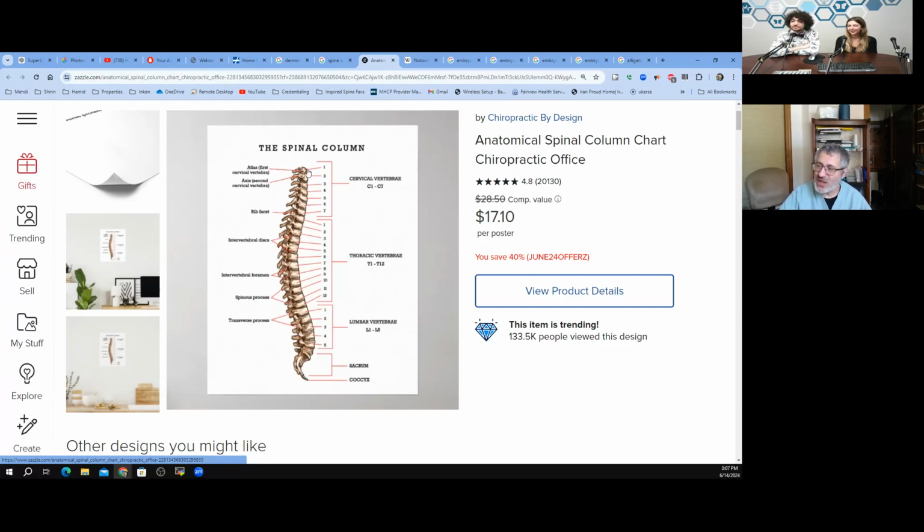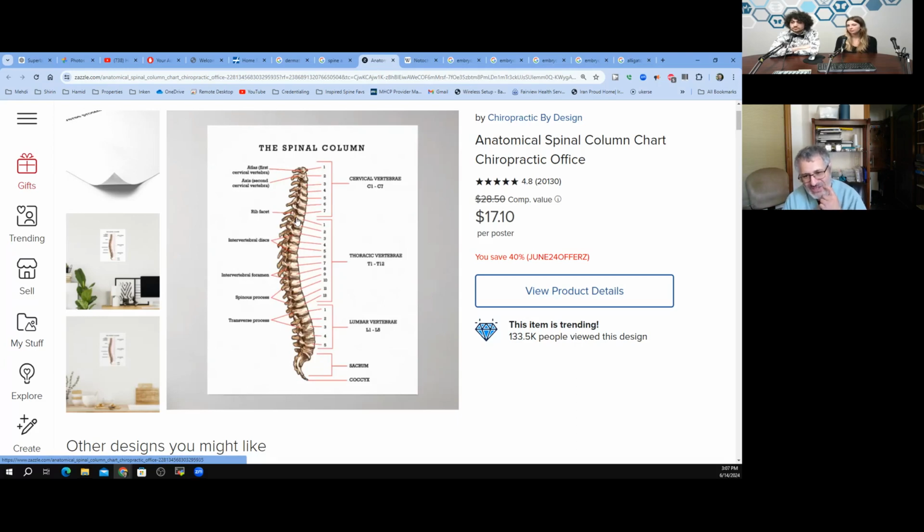The first one comes above the C1, and then C2 comes above C2. In the cervical spine, the same numbered nerves come above the bone. But then we have a C7 and then a C8 nerve root, but we don't have a C8 vertebra. C8 nerve root comes between the C7 and T1 vertebra, correct?